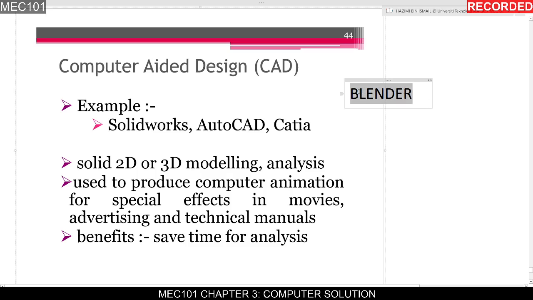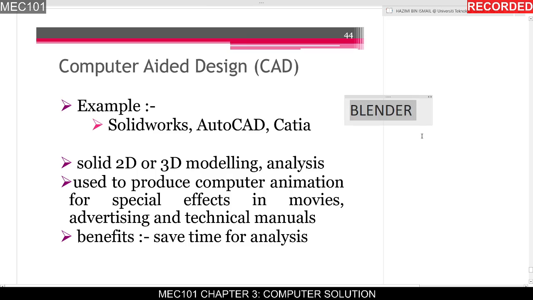There are a lot of freelancers out there and also enthusiasts who like to model in 3D and then post to the internet. They can also use that 3D modeling in a short film that can be posted on YouTube and so on. You can try using Blender